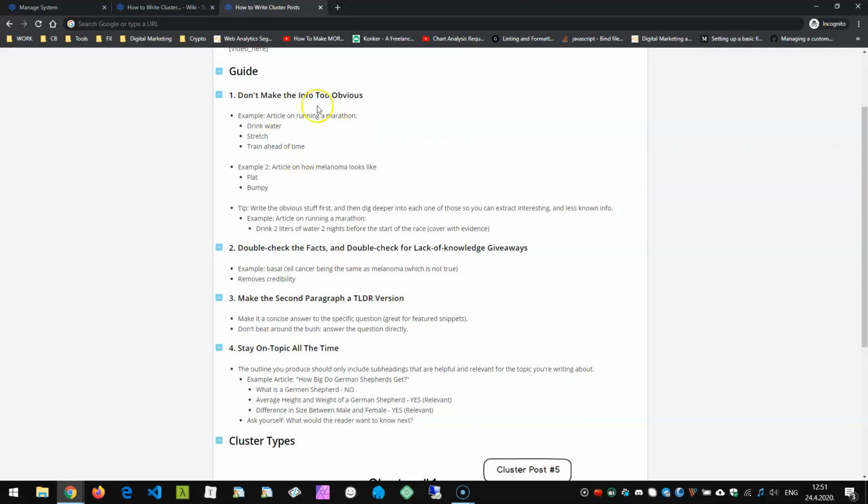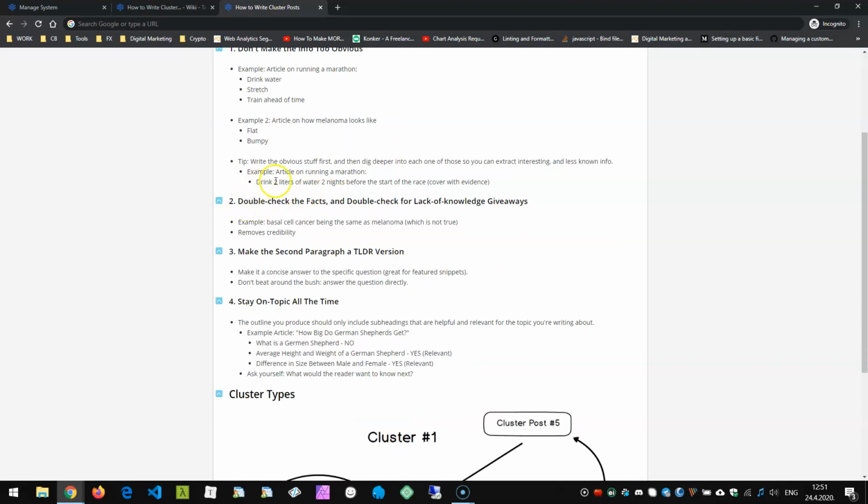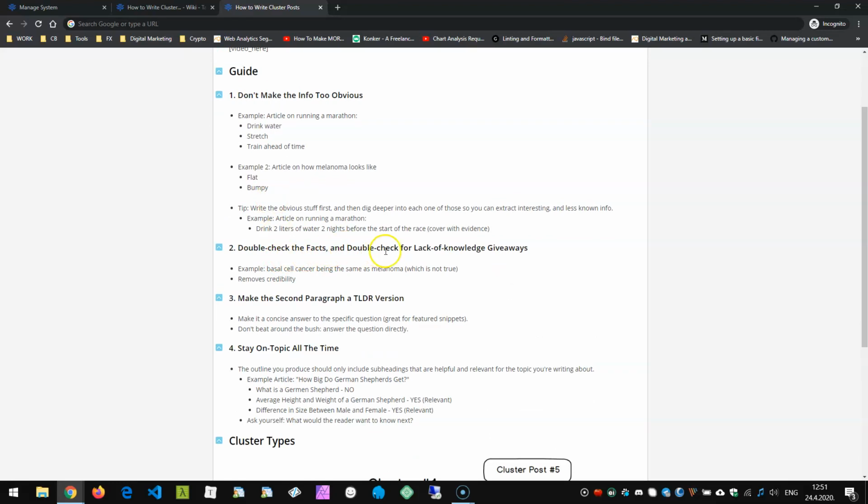So for example, in an article on running a marathon: drink 2 liters of water 2 nights before the start of the race, and cover it with evidence. So instead of having this bland tip, you dig deeper and come up with something interesting and also cover it with some evidence. That way your article will be much more in-depth and not just surface level stuff that people can see all over the internet, right? So this is the first tip. Don't make your info too obvious, because Google will not rank you and you will not convert. So the second thing is you have to double check the facts and double check for lack